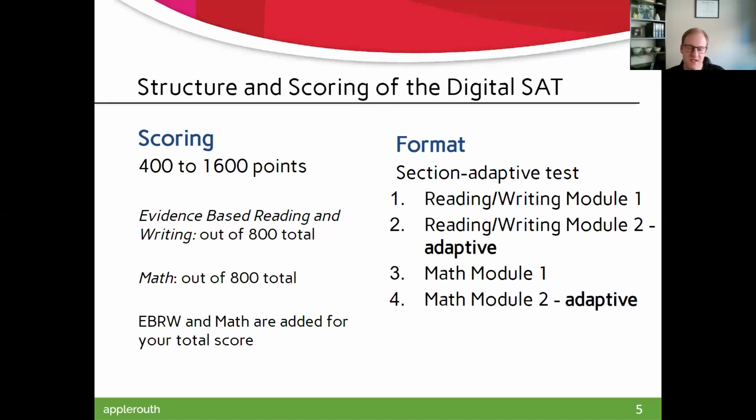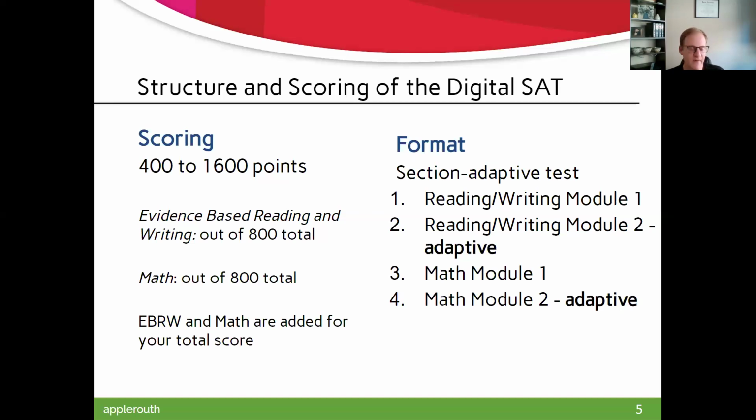One of the big differences these days from the old SAT, what it was a few years ago, is not only is it a digital test, but it's also adaptive. So we're going to talk a bit about what that means. But what you're going to see is 2 verbal sections. The second one is adaptive, and then you'll see 2 math sections. And again, we'll talk more about what that means.